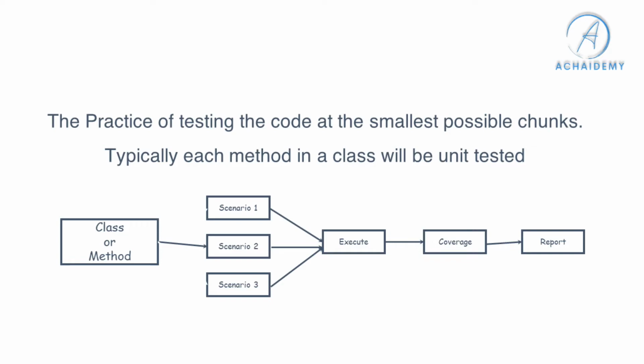method level. So you have some method, you have a class called Calculator that has a sum method. Then you write test cases to ensure your sum works as expected when you pass right values, when you pass wrong values, how does it work? So the typical unit testing involves you identifying what all scenarios to test, and then you develop the test